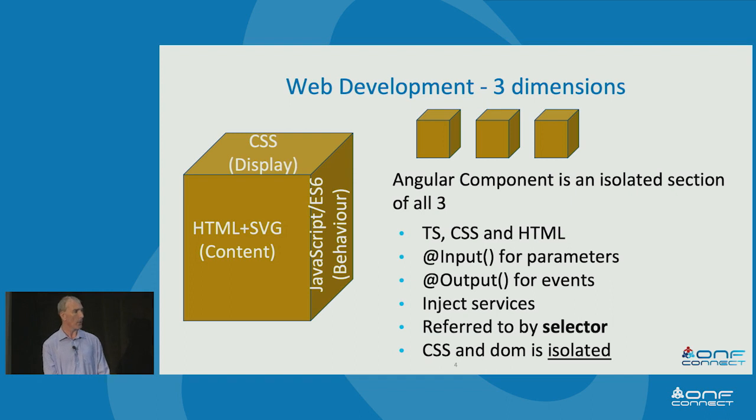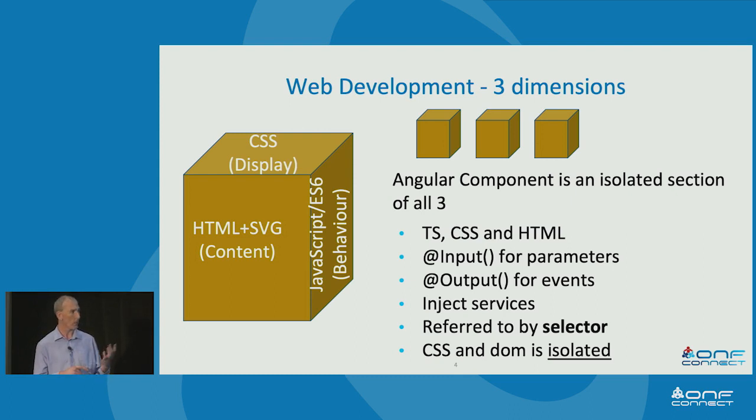What I mean by isolated is that the CSS you declare for your component isn't available and polluting the whole DOM, as was the case in many other web development tools. So the component comprises 3 things: a TypeScript file, a CSS file, and an HTML file,